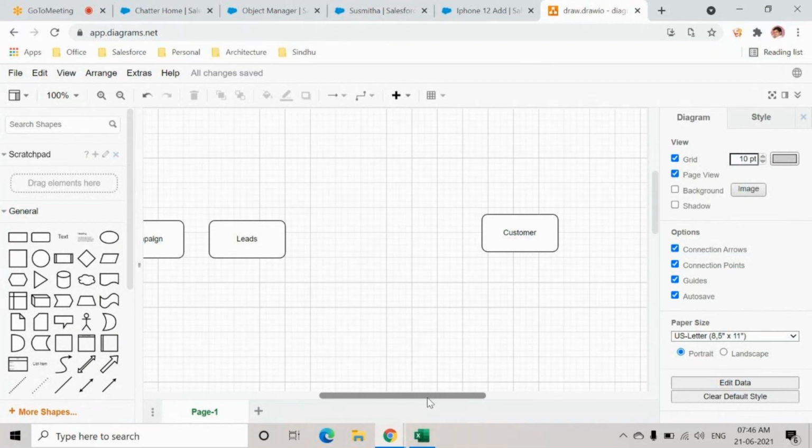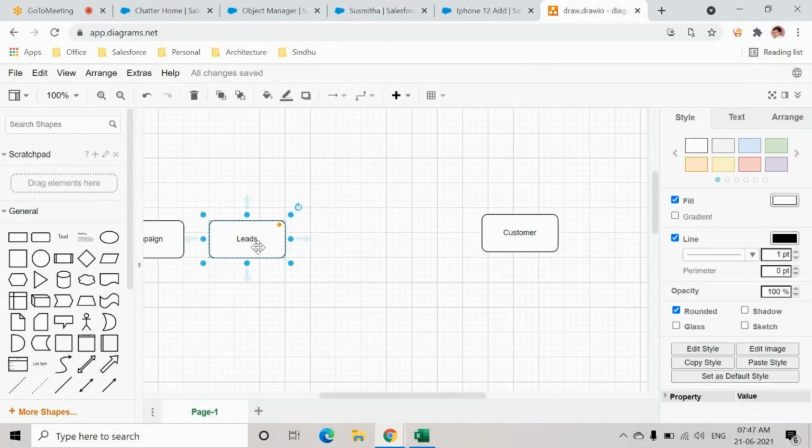But the problem is, I'm already capturing the details of Sushmita here, and I have to do it again in another object, which means I'm having duplicate records. If it is just one or two, to an extent it is okay. I'm not saying that you can maintain one or two duplicates, but that is also not allowed. But think about a big volume, maybe 10,000, 50,000 records. During that time, it will become too much, right?